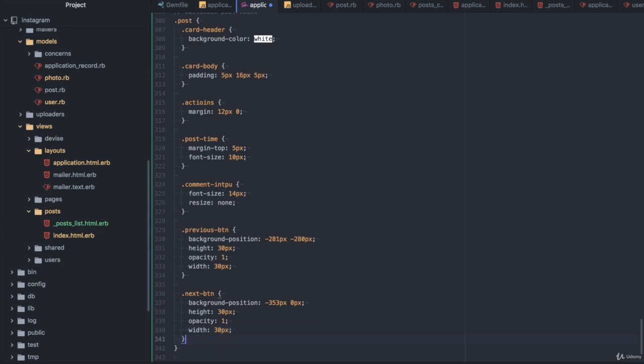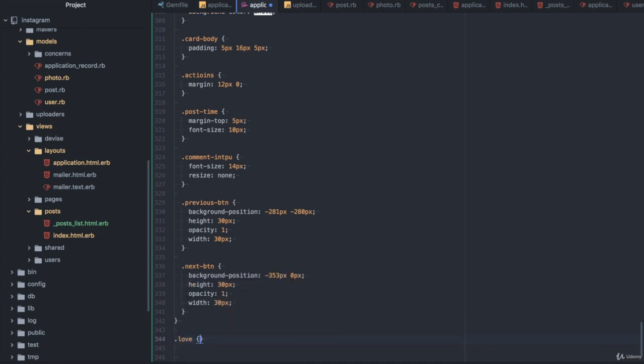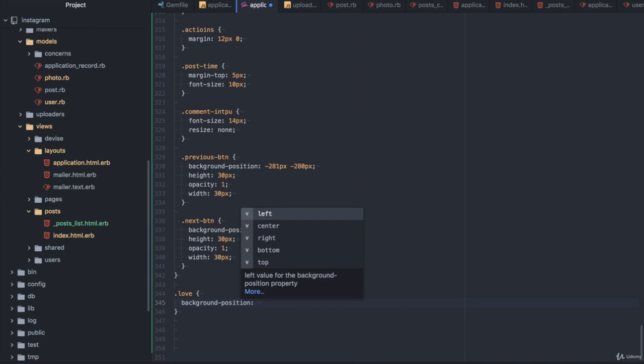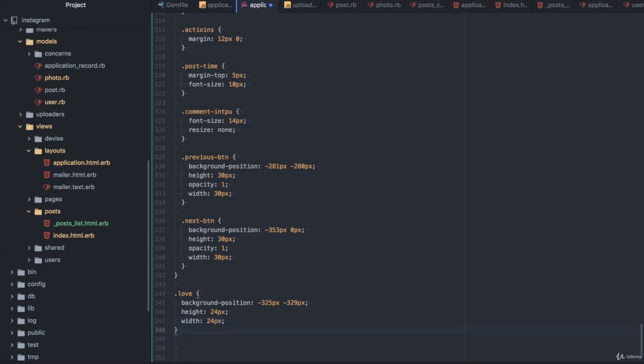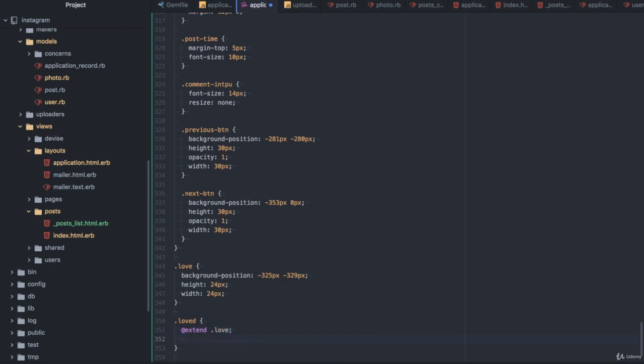and we write some button, love, extend, background position 325 pixel minus 329 pixel, height 24 pixel, width 24 pixel, we have love, we're gonna extend from love as we have a different icon, it's from 182, 336 pixel,